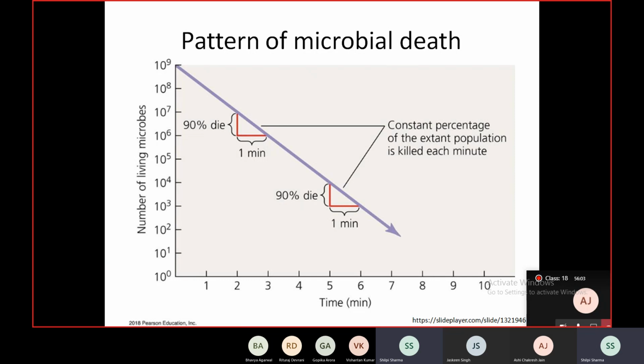Now, the first question is, we're talking of control and so on. What do we mean when we say microbial death? Anybody? It is very easy for you to understand death when you talk about higher organisms. What about death in microbes, when do you say an organism is dead? Anybody? Ma'am, when it is metabolically inactive? Then it is dead. Really?